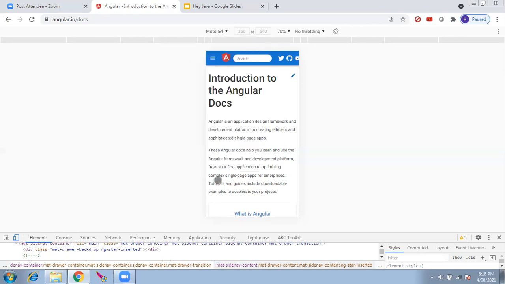Responsive is the process of automatically rewriting, automatically adjusting the user interface of the application, depending on the devices on which we are seeing it. And this will not come automatically. We have to write the code. How do we write the code? We write in CSS.